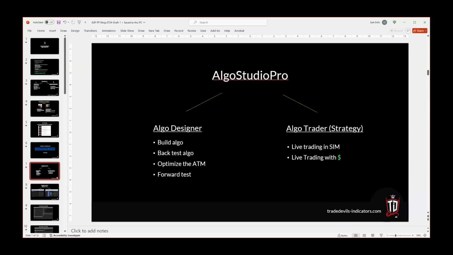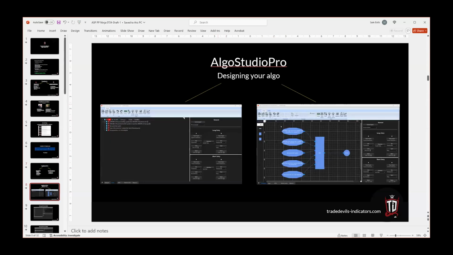Right now, just very briefly, I'm going to introduce you to just a few slides here. This is really not a PowerPoint friendly product, which is why I'm going to turn this over to my partner here very shortly. But just to give you a visual representation of what you're about to see, we provide 2 different views from which to design your algo. Again, it's relatively intuitive, but you got to work with it a little bit.